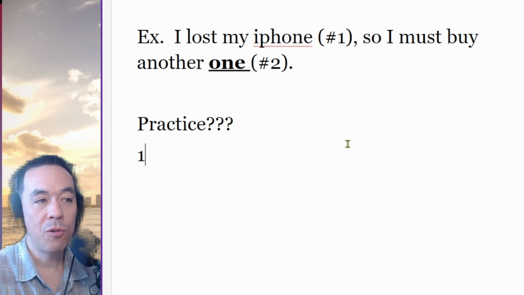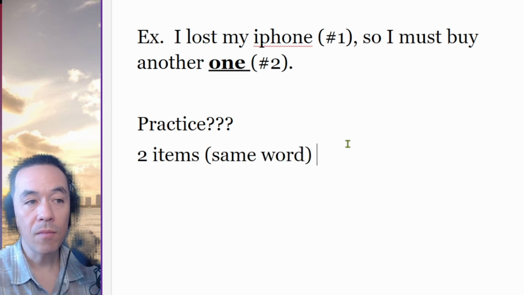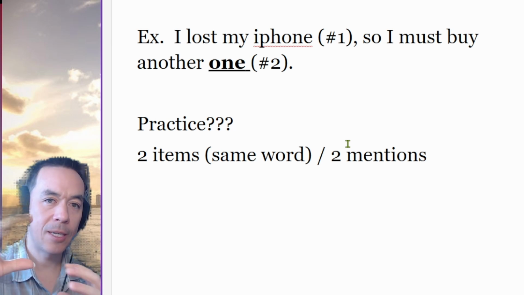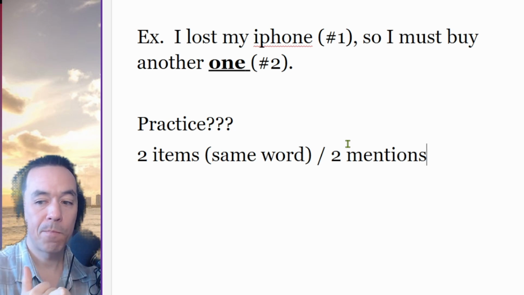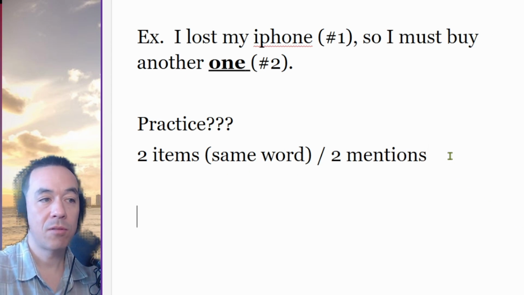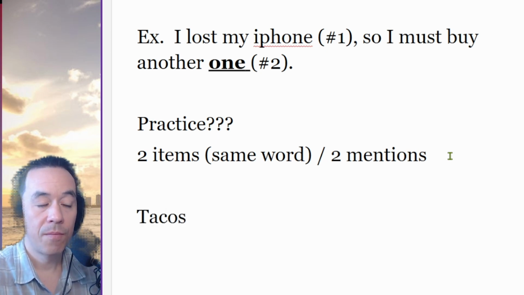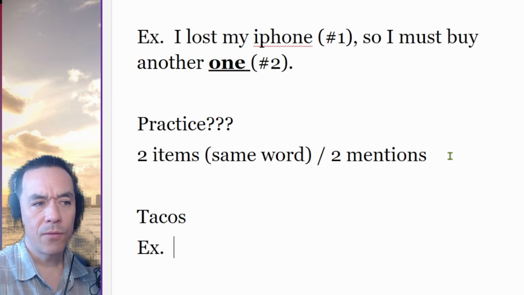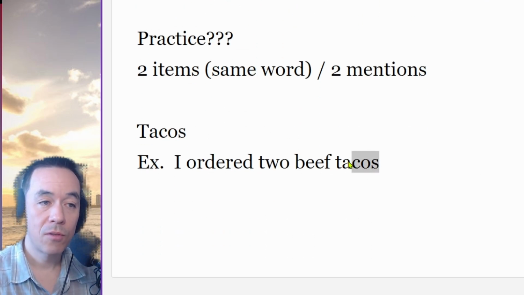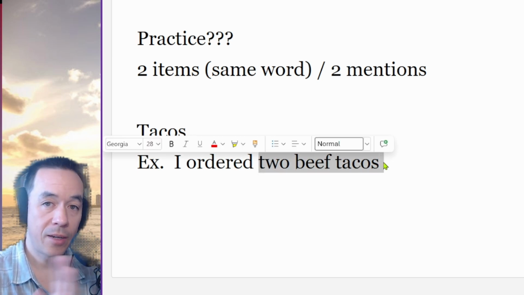I'm going to say you want 2 items with the same word. And you also need 2 mentions, which could be 2 sentences or some kind of part A to part B. And so let's use the item, how about tacos? And there's 2. So first time, we're going to say I ordered 2 beef tacos. Okay, so it's plural. So first time mention, we don't need the,